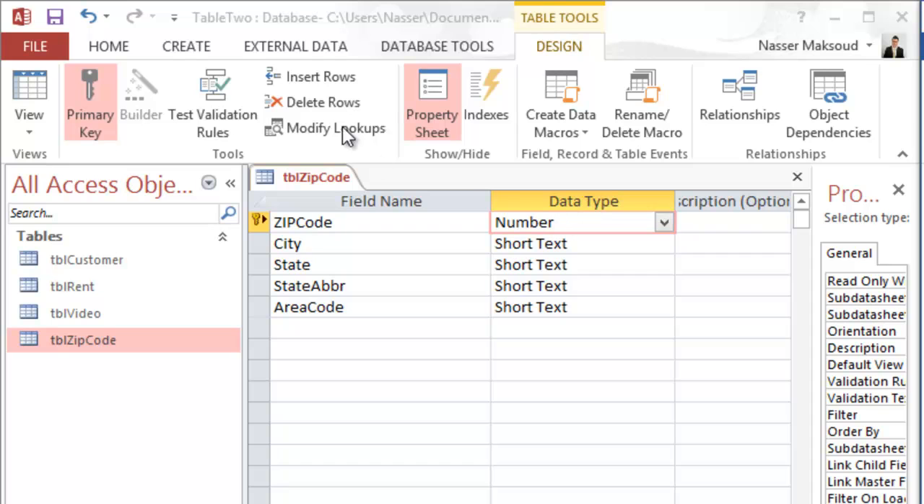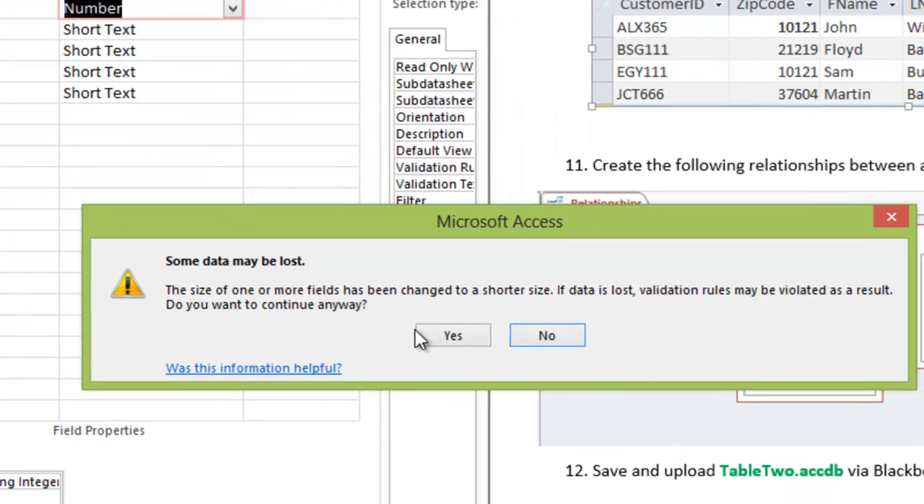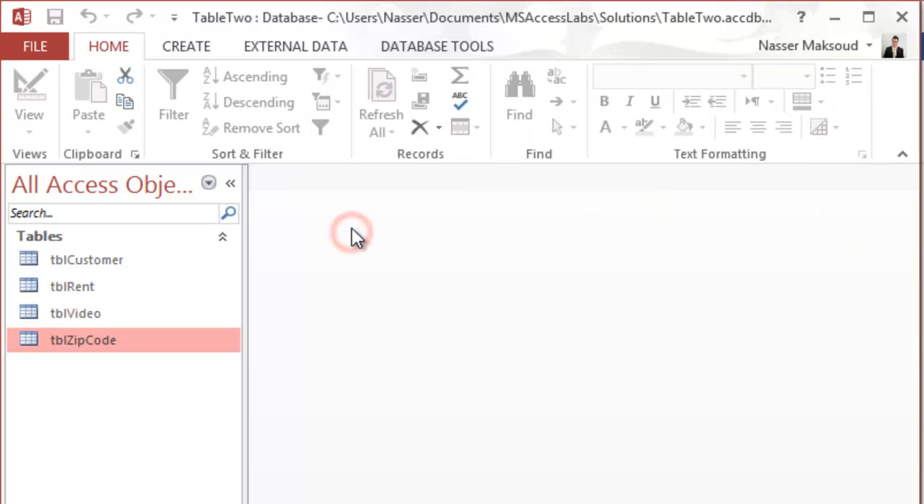So I will choose number and then click on save. Once I click on save, it will tell me that you might lose some data because you are converting from one data type to another data type. I will click yes, that's fine, you can change. And once I change it, I will go ahead and close this table, and I will go to table customer